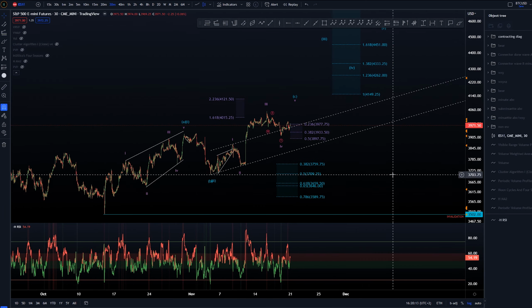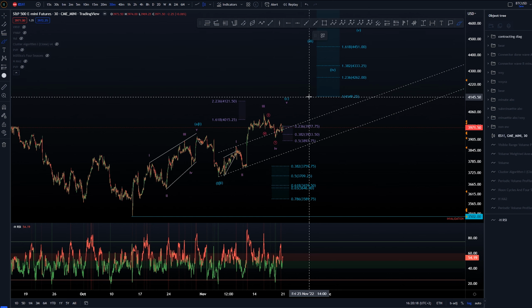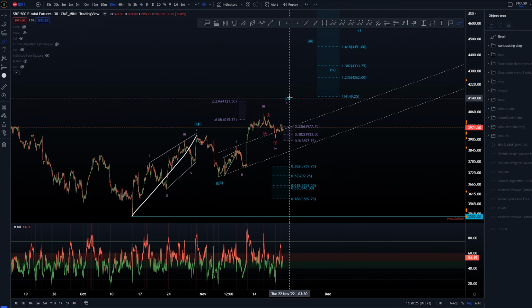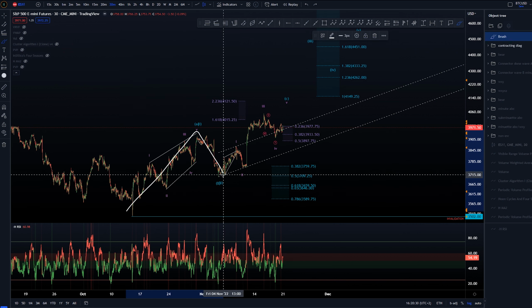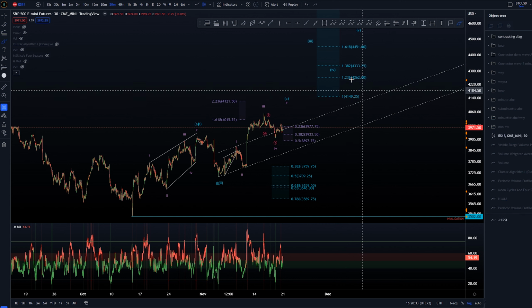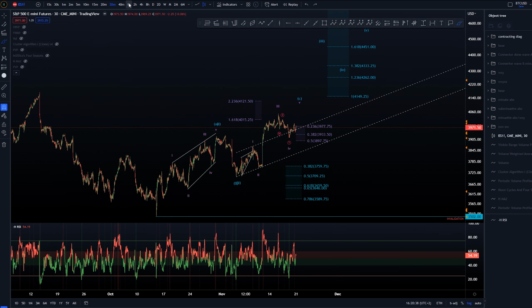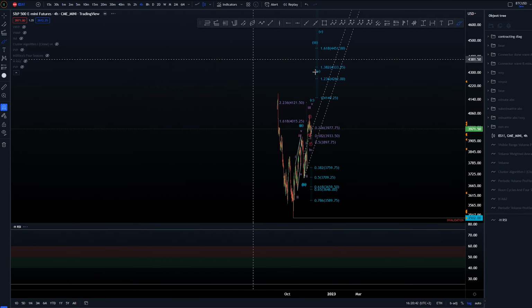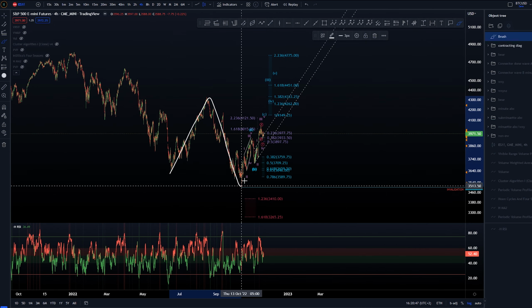Again, the extension targets that we have generally for these wave structures are all the way up in here around 41, 49. This would be the 1-to-1 extension of this wave A pivoted again from this wave B for that C wave. However, if we want to be more bullish, this would be the wave 1, 2, and third wave would be only considered at the 44, 51. And I don't really see that being that likely at the moment. That would take out the previous highs that we had here,